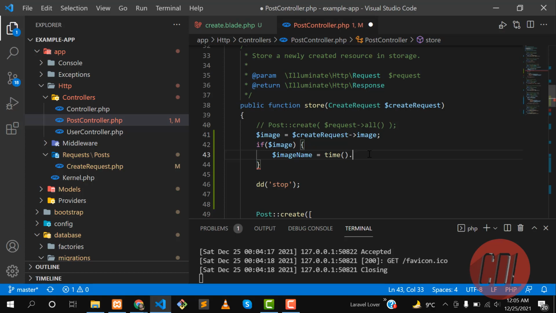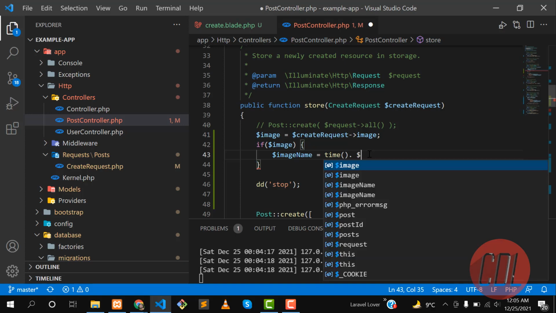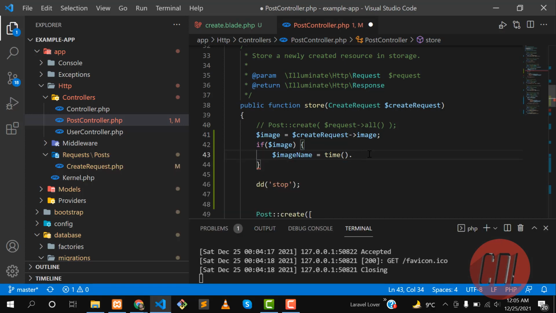Time, and then I want to name this request image. It's image, and that's it. I don't want to name this anything else. So it will generate this name, right? So now I want to store, let me add the extension here. So extension would be